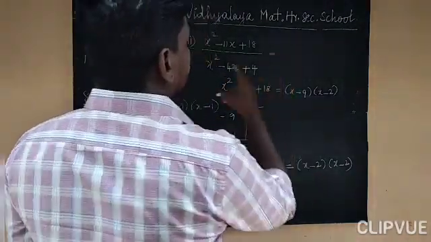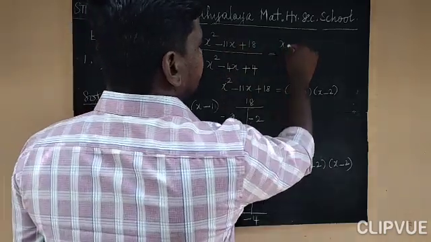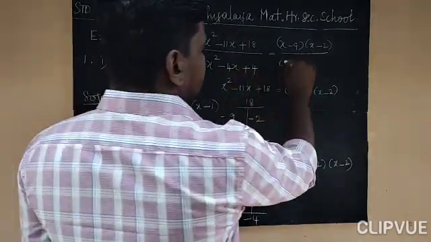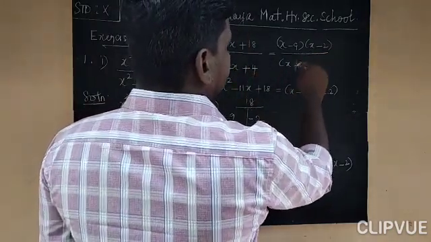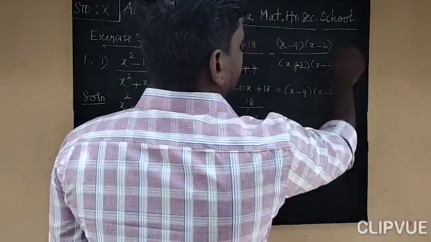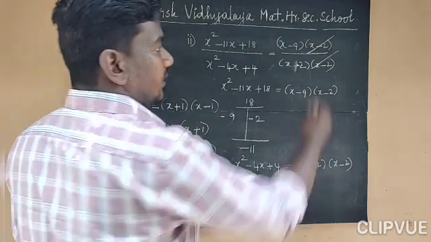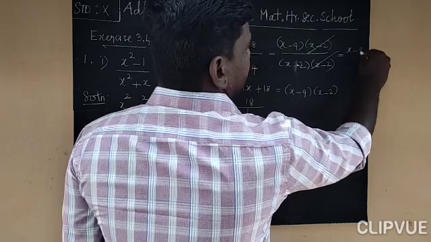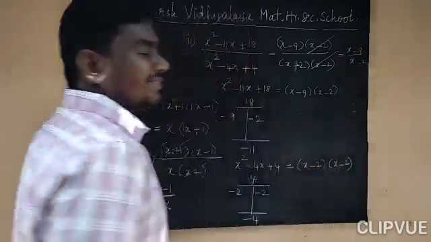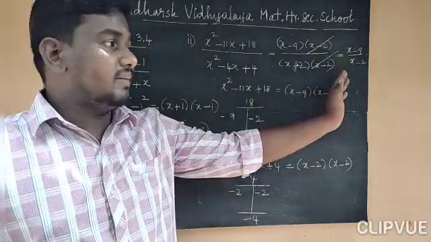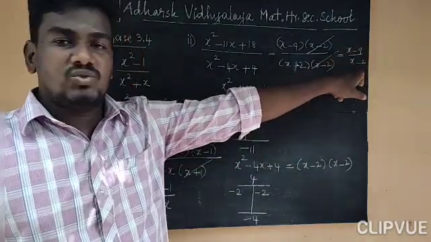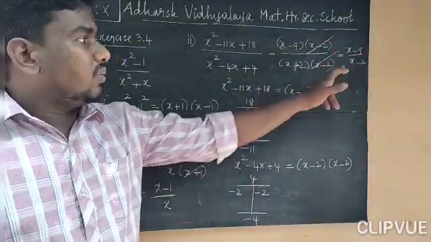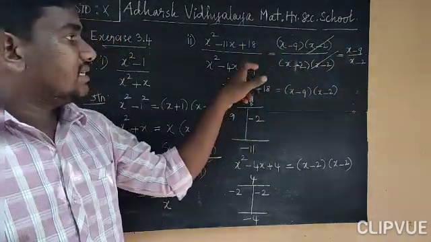Now we are going to replace. Instead of this polynomial, x minus 9 into x minus 2 divided by this polynomial, x plus 2, sorry, x minus 2 into x minus 2. We can cancel x minus 2 and x minus 2 because they are common factors in the numerator and denominator. Next, this x minus 9 by x minus 2. This is the irreducible form. So hereafter we cannot simplify them. So for the factors x minus 9 and x minus 2, their GCD is 1. After this we cannot simplify further. So this is the irreducible form of this rational expression.